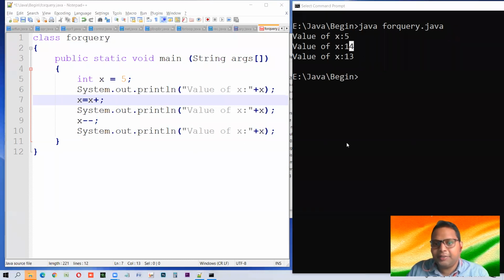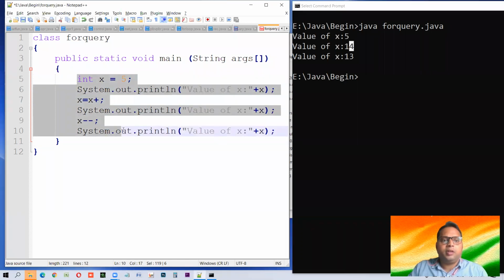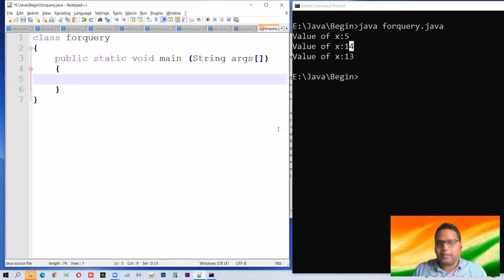So another query is, what is the difference between for loop and while loop? Look, we have tractor, we have truck, we have Mercedes, we have pickup, we have other vehicles also. What is the difference between them? So when asking the difference, see the common things.